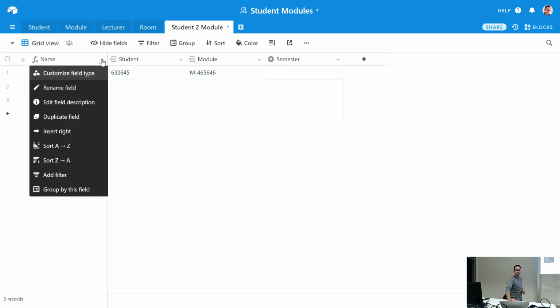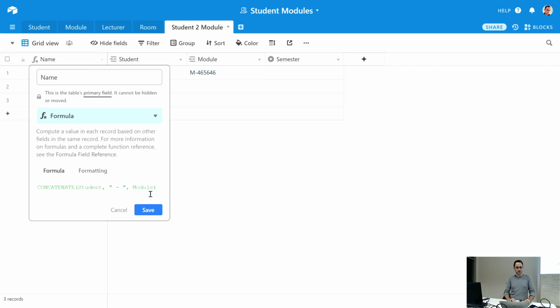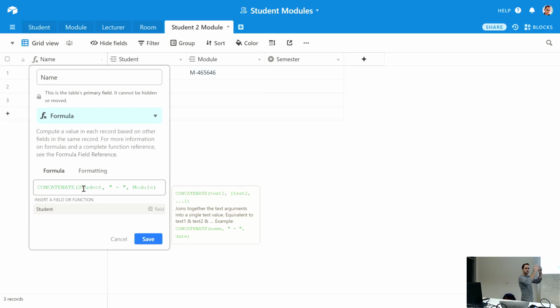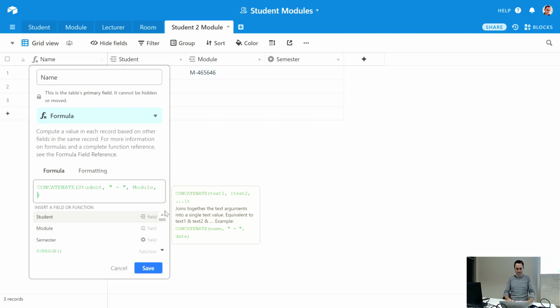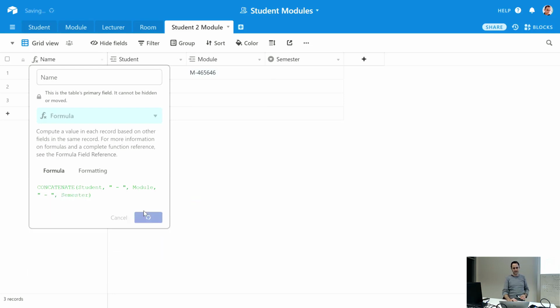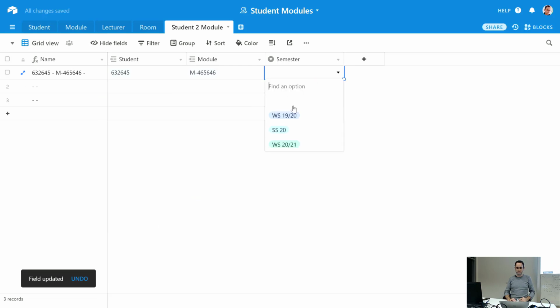Okay, I will open that formula again. Can you read that? So it's basically concatenate and then comma separated all the values that you want to concatenate. It's student, comma, and then in double quotes, dash in my case, and then module. And we could even add the semester if we wanted to, but we assume that Julius cannot take the same module twice in a different semester in this case. Well, you could, then okay, then we add the semester as well. So then if we now chose the semester as this winter semester, we would get